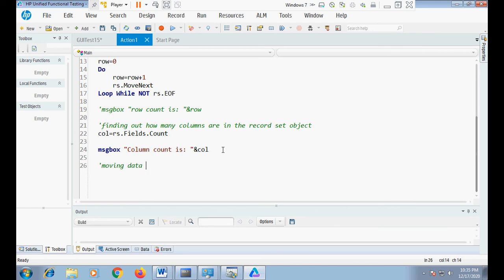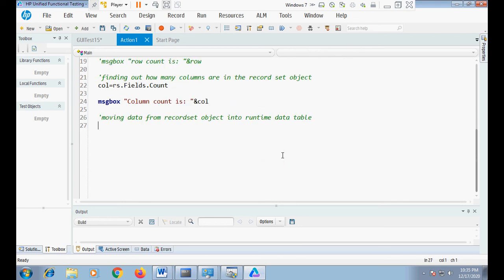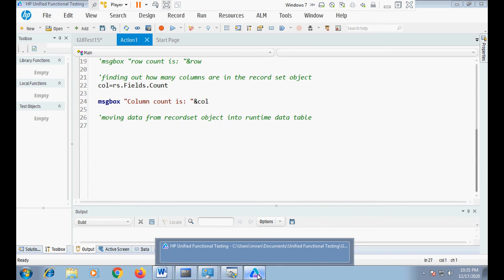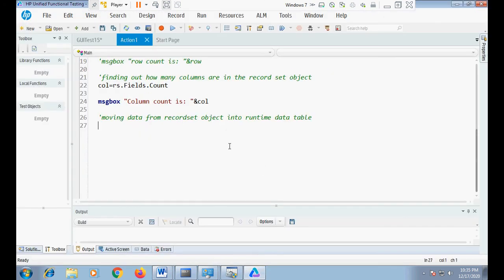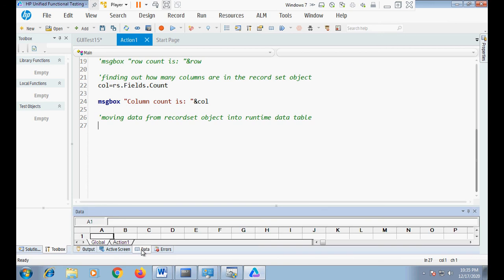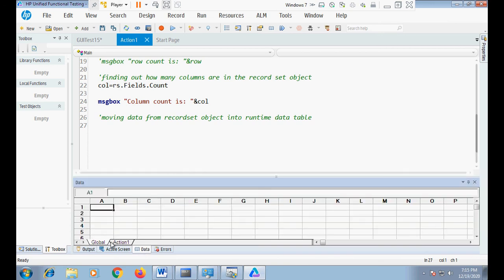There are two types of data table: a runtime data table and a design time data table. Right now I am scripting, so the data table I am seeing here is